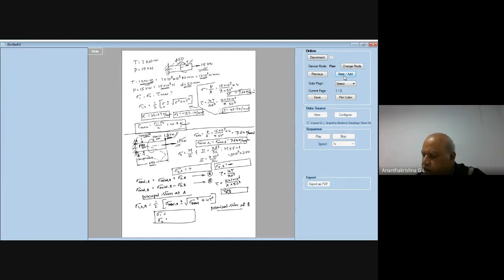Then for bending stress, M is F into perpendicular distance. Find that out, find Z, and get the value of bending stress, which is going to be a positive value at A and a negative value at B. Get sigma total at A, sigma total at B, and then find out principal stress at A and B. Please note down this much now.